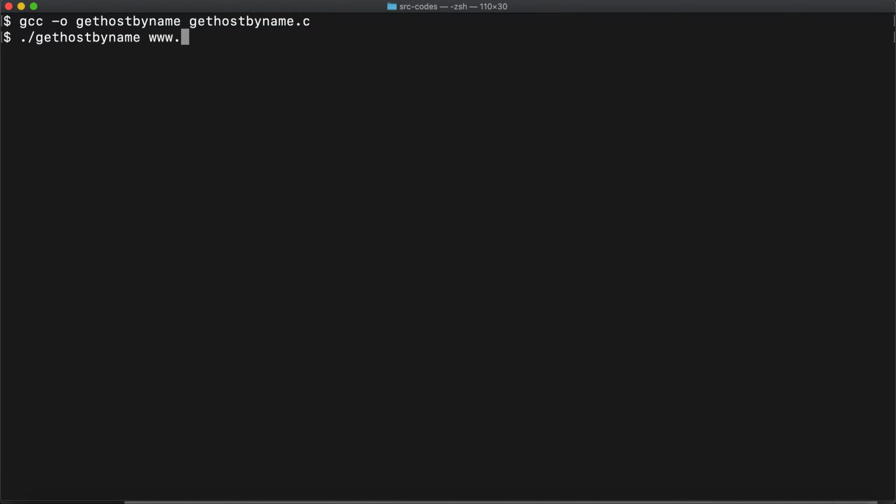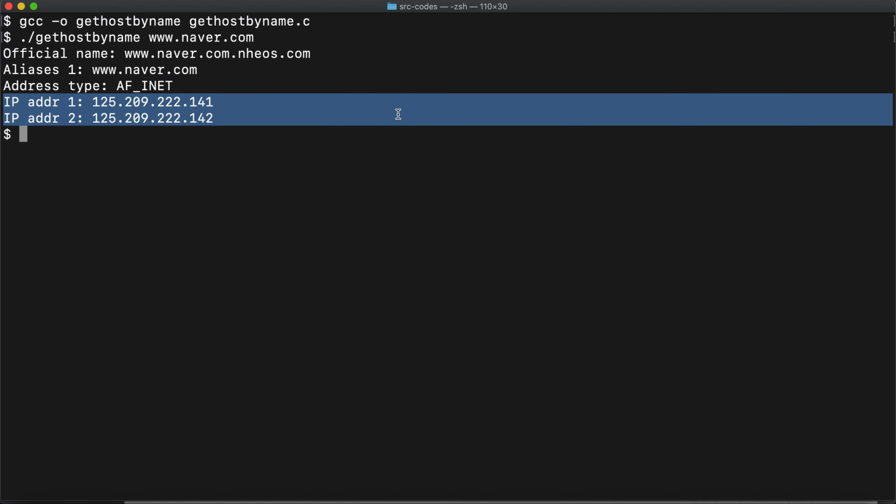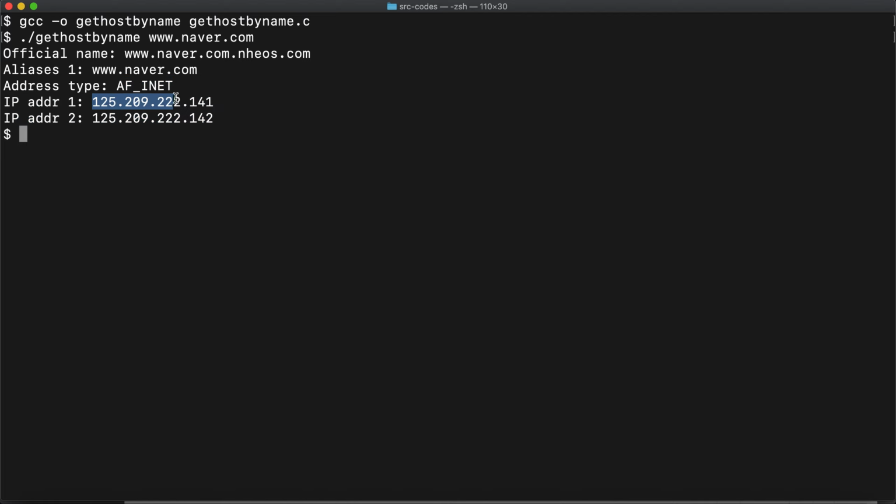GetHostByName 3w.naver.com. And now we can see that the official name has changed. It's not g.naver.com already. They've already changed it to a different official name. And the alias is the one that we've provided. And then the address type is the IPv4, and the IP addresses that we have been trying to find are as following. And if we try to open them,